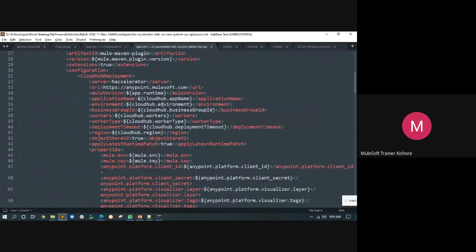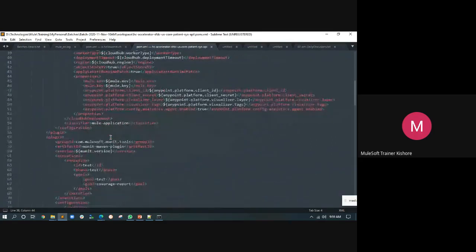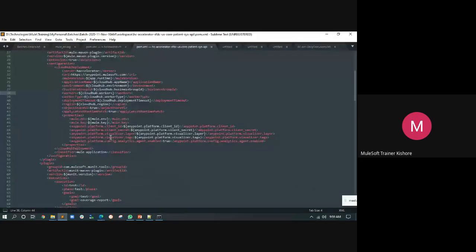We are not providing the direct values here. What is the app runtime, CloudHub name, environment name, workers, and mostly the important one, the username and the password.